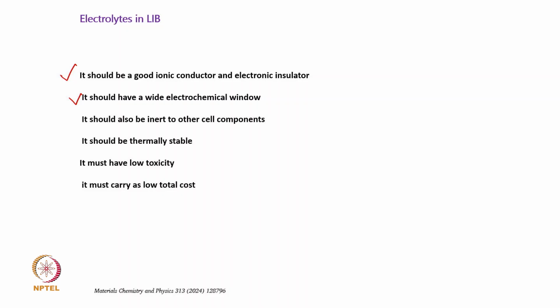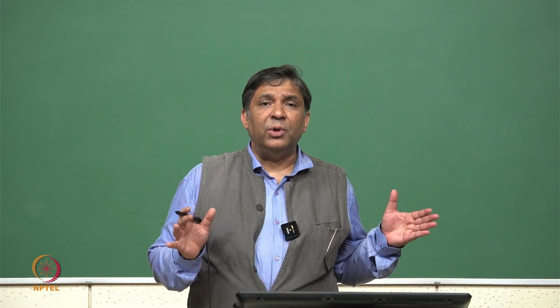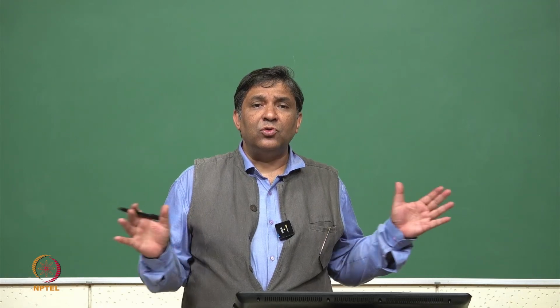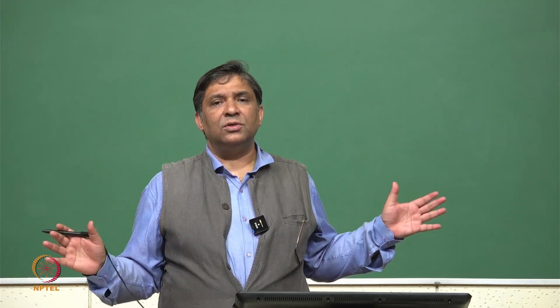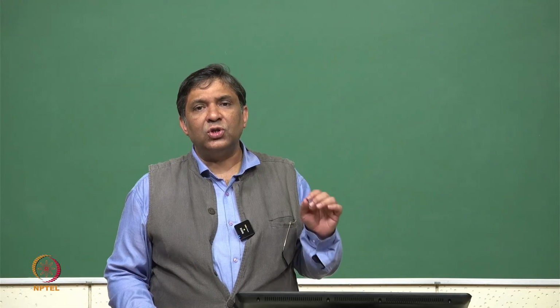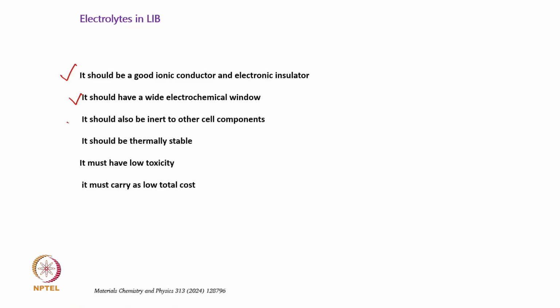I mentioned to you that if we change the cathode material, then the voltage becomes 2 volt, and if we use another cathode material, say from sulphide to oxide or spinel oxide or polyanion, then immediately the voltage increases. So, 3 to 4 volt. Okay. So, the electrolyte should be capable enough to work for this large voltage range. Therefore, it should have a good electrochemical window and it should be inert to all other components.